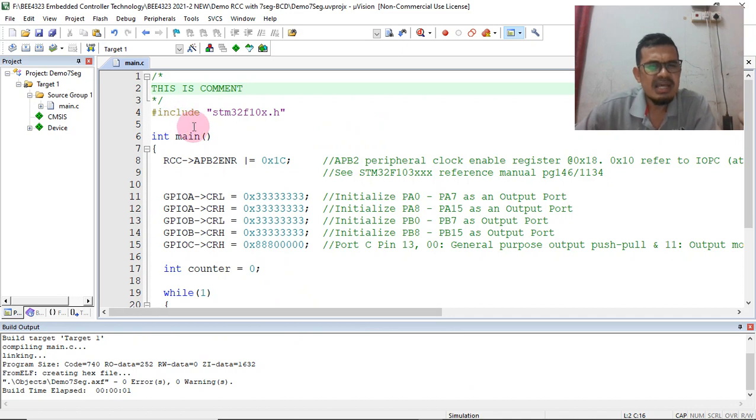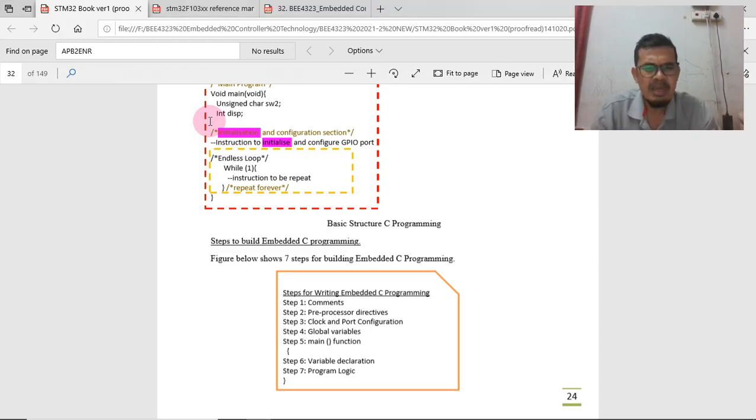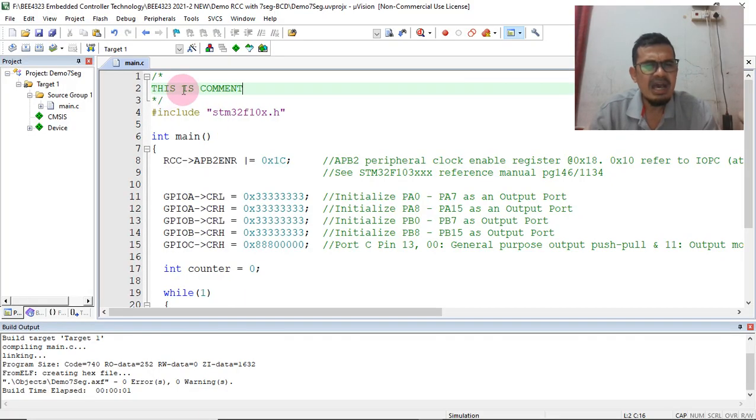Since we write this coding for STM32 F10X series, we just put include STM32 F10X series. After you put this preprocessor directive, this Keil will know that the coding here is aimed for this processor chip.